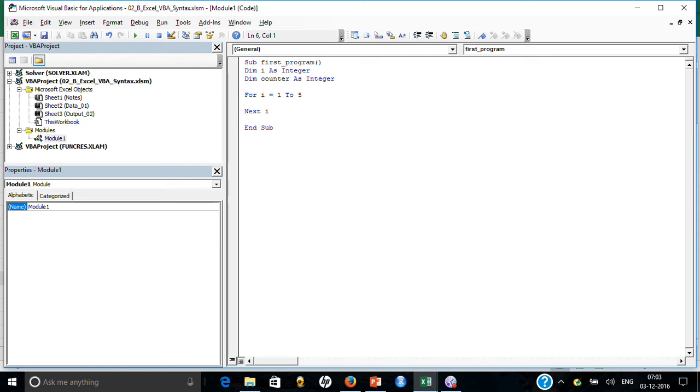So one of the ways, and let me just put it 3, I don't want to print it too many times right now. What it will do is start with 1, next time it will become 2, next time it will become 3, and then it will come out. Let me show you how it will run, and the different methods by which you can know.